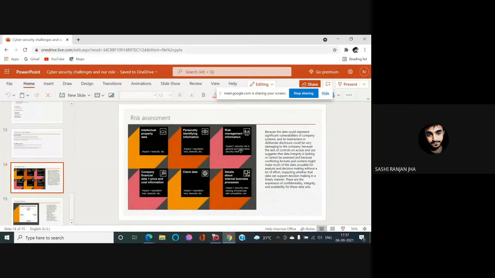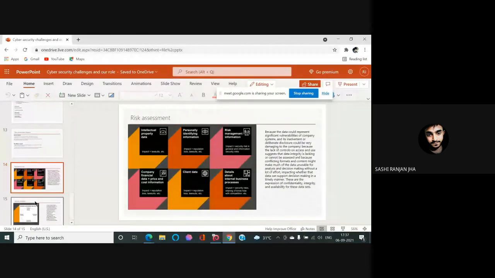Risk management information impact is security risk in general and information security risk. Company financial data, price and cost information impact is reputational loss and lawsuits. Client data impact is reputational loss and lawsuits. Details about international business processes impact security risk, sharing of know-how with competition, and so on.